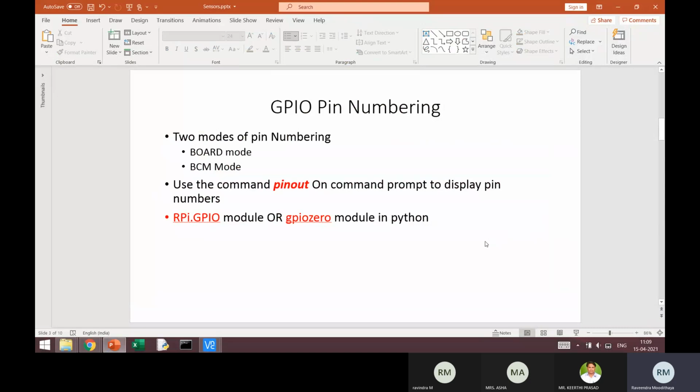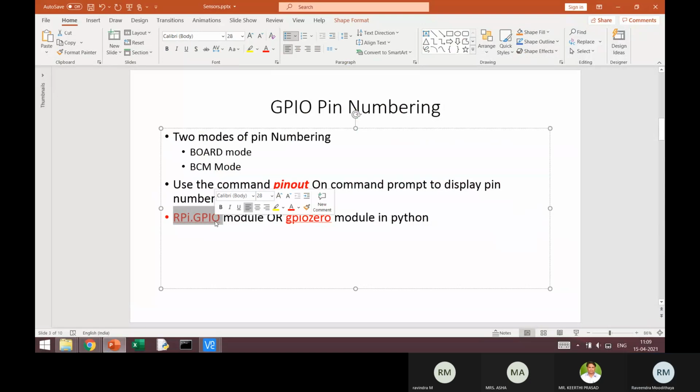Now, if you have already tried something on this Raspberry Pi board or on this IoT kit, in experiments which deal with the sensors or with the actuators, you would have come across one module to be imported in the Python code called rpi.gpio.